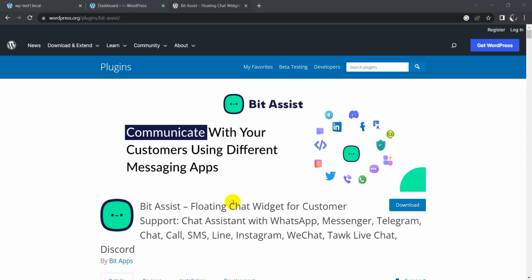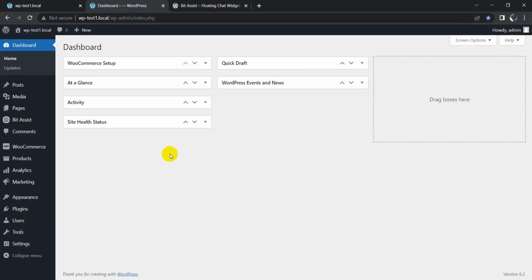Today I am going to show you how to add WooCommerce button on your website by using BTS plugin. So let's go to my WordPress dashboard. As you can see, I have already installed two plugins, BitAssist and WooCommerce. So let's go to BitAssist plugin